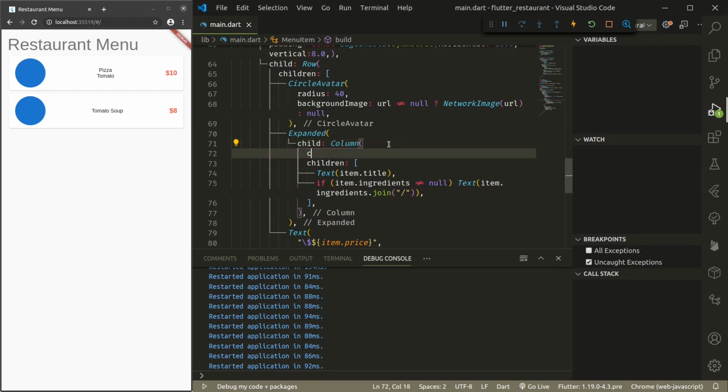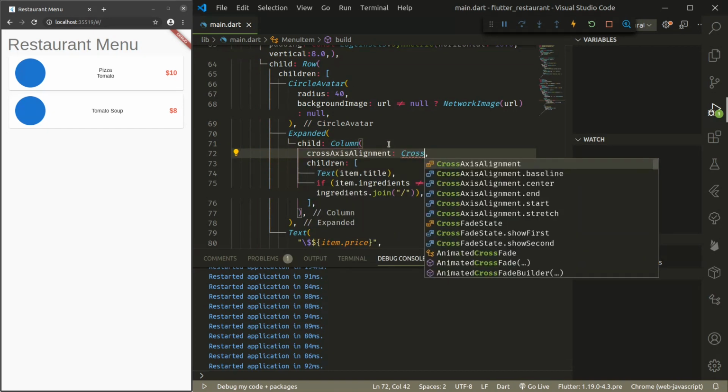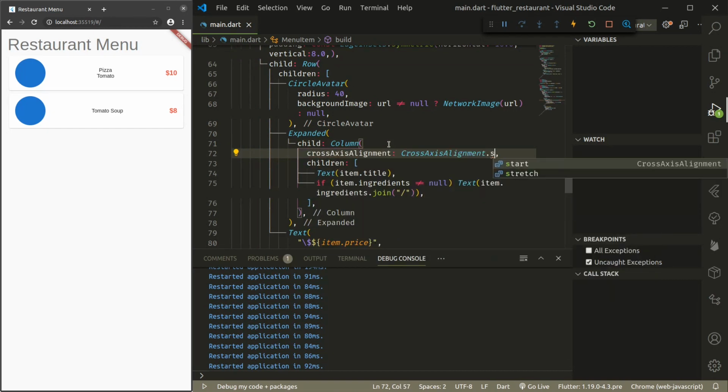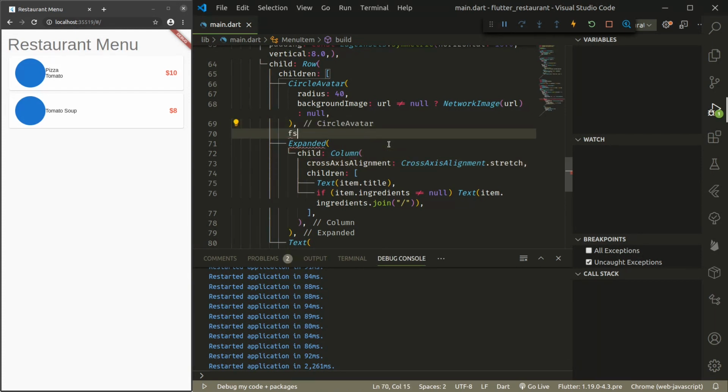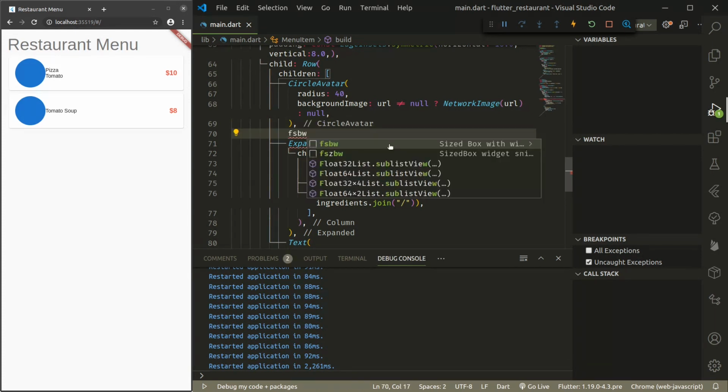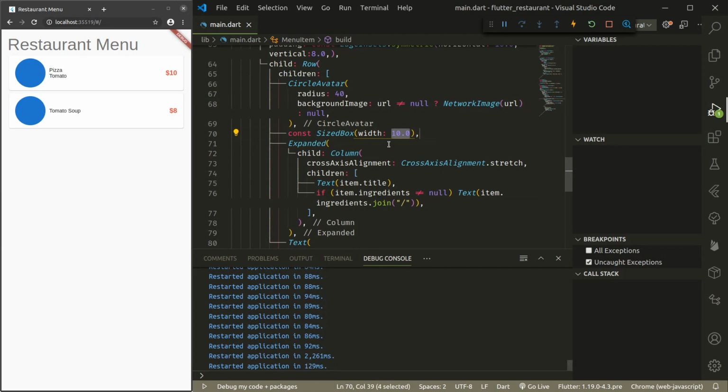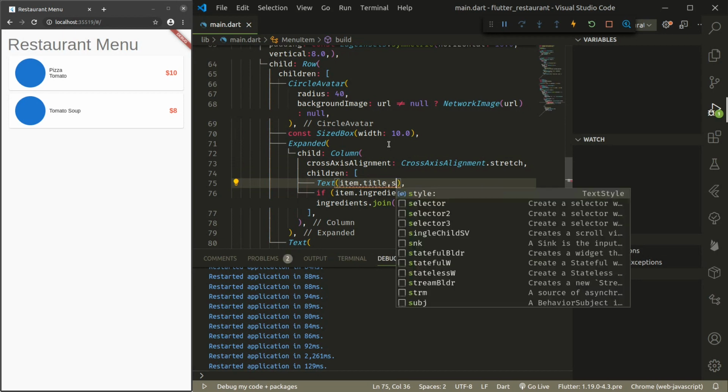Column cross axis alignment dot stretch, right, and let's give it a distance of 10 points, and title should be